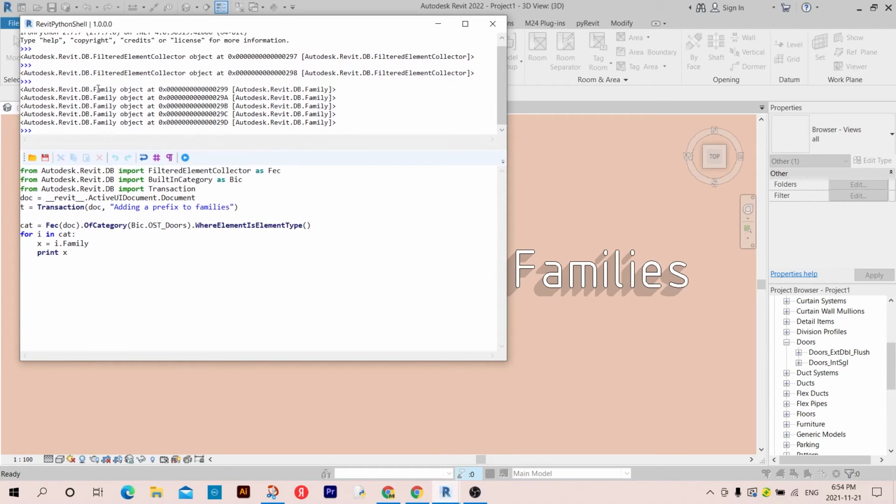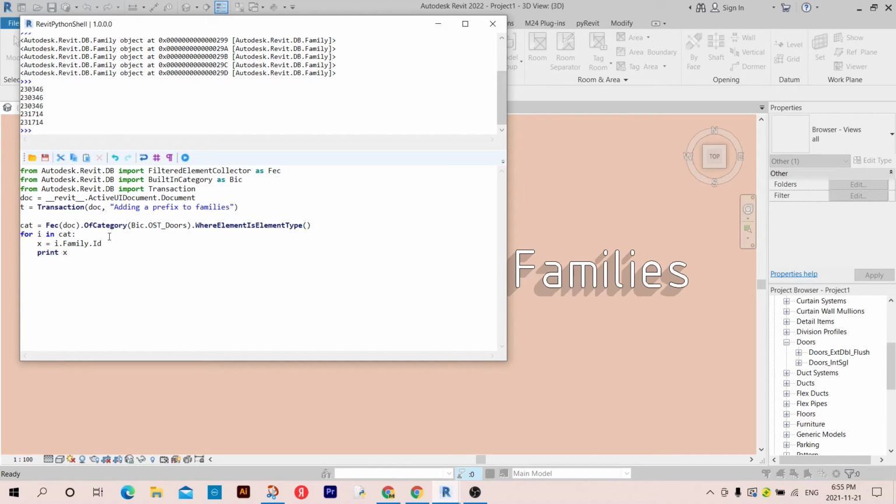As you can see, I have the family object, and let's add the Id. So I have now the IDs of the families, but as you can see, we have this one repeated twice